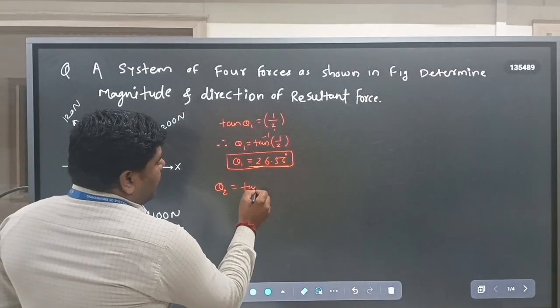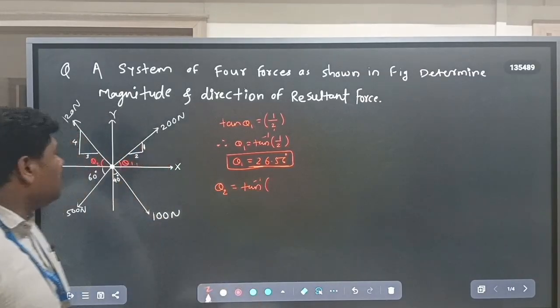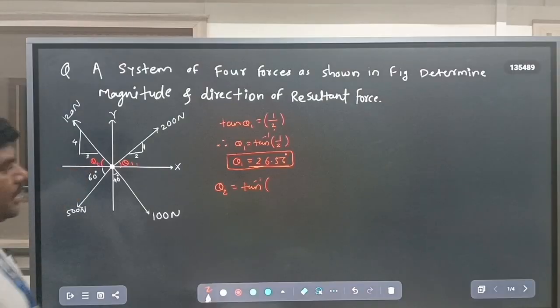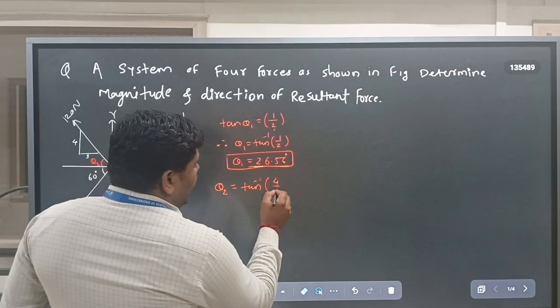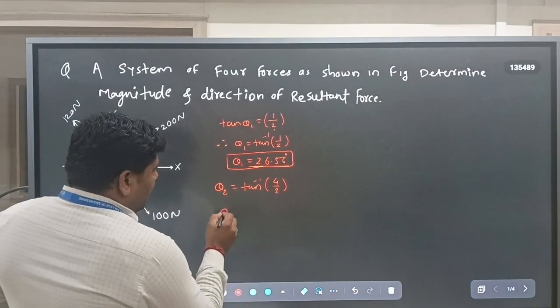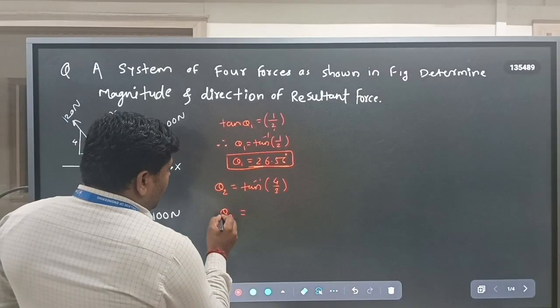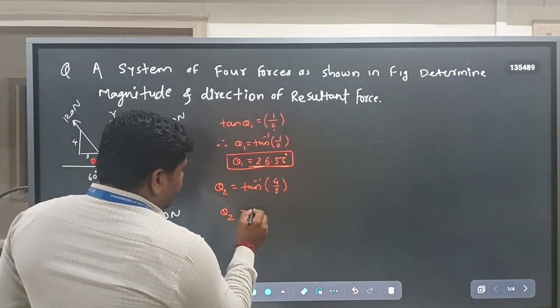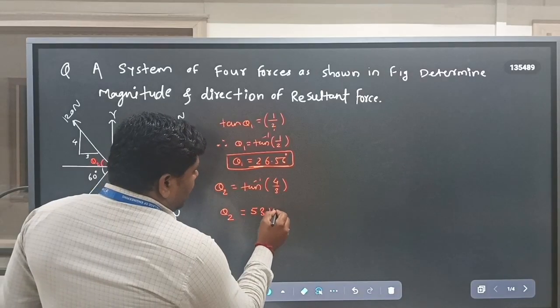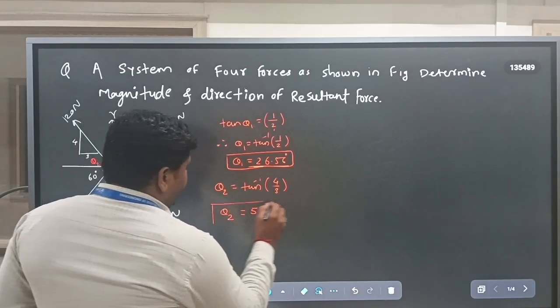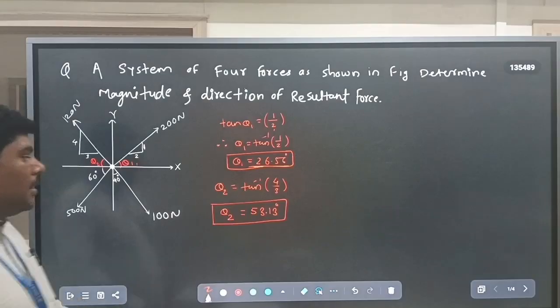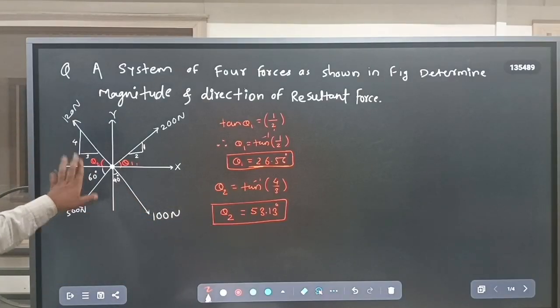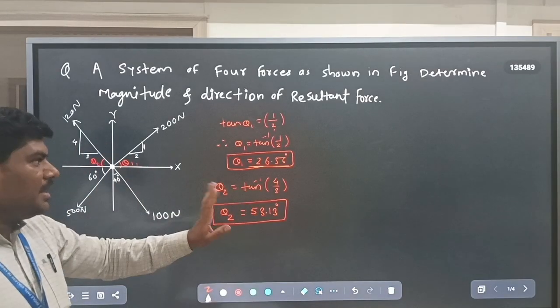Tan inverse of 4 by 3, and the value of θ2 on calculator comes at 53.13 degree. Okay, तो ये जो एंगल है with respect to x axis, again denominator के साथ रहता है, हमेशा